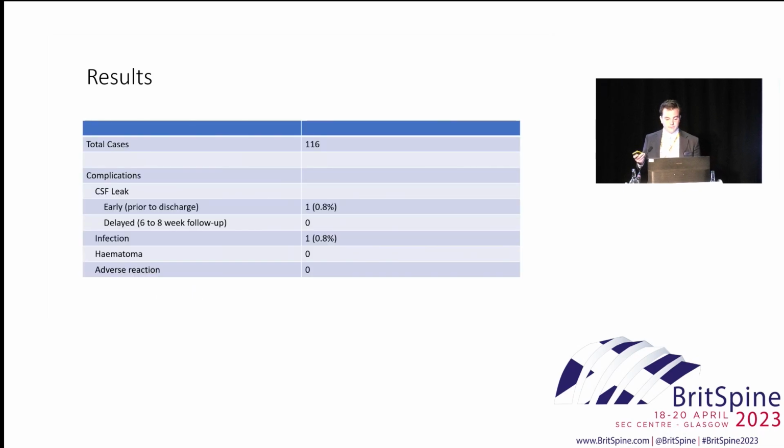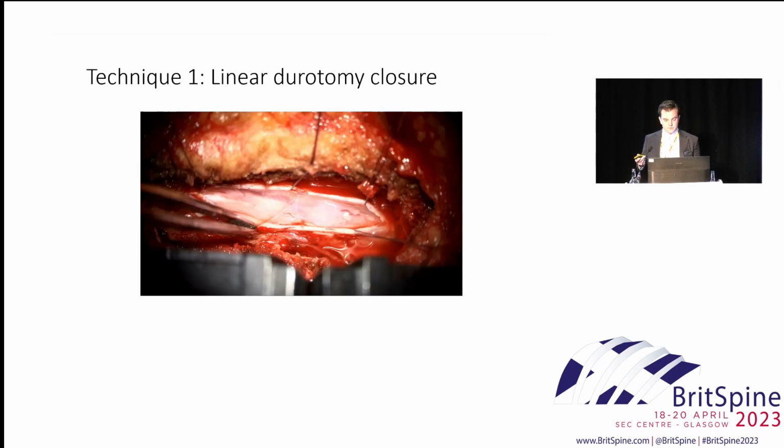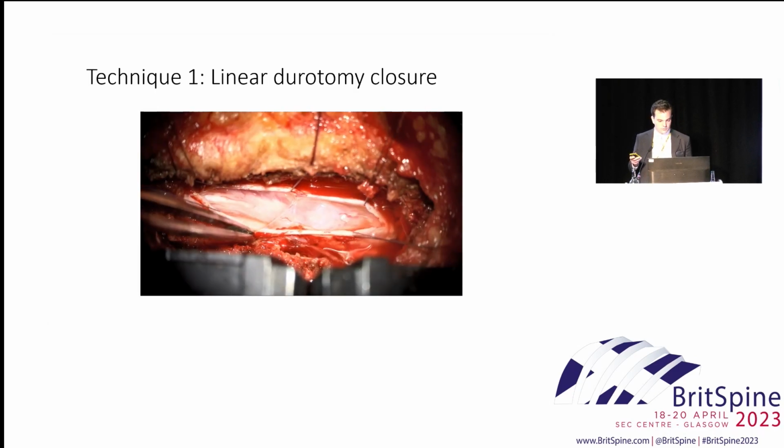And the complication rate, we found a single case in 116 patients of CSF leak, and that happened during the hospital stay. This patient subsequently went on to have a wound revision and a lumbar drain insertion, was found to have increased CSF pressure as an underlying probable contributor, and subsequently required a ventricular peritoneal shunt as part of the management. We didn't find any adverse reactions or hematomas, and a single infection, which was again a superficial infection. So for those of you that haven't seen it before, I want to share with you